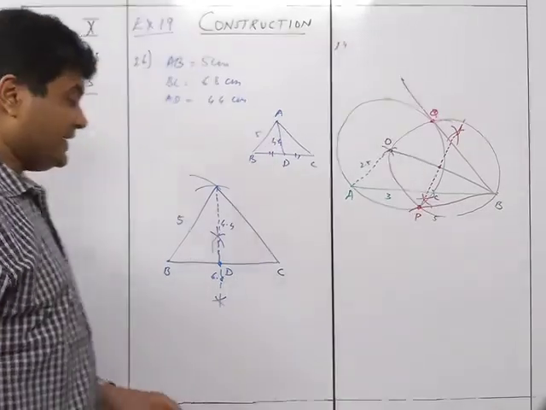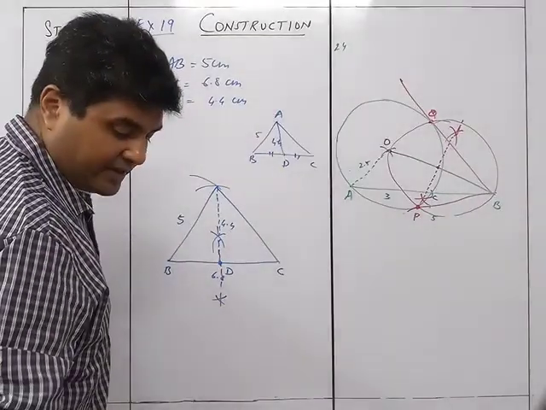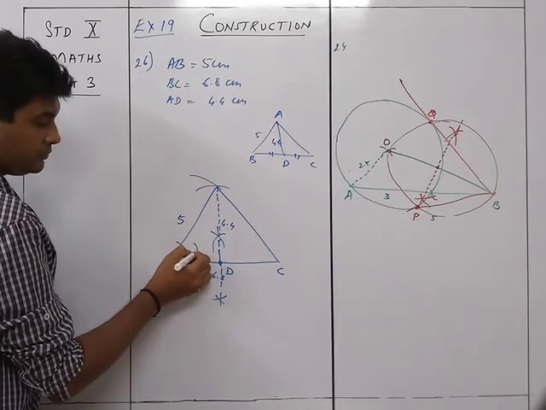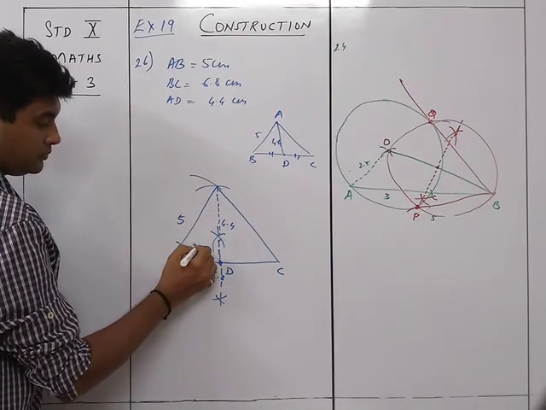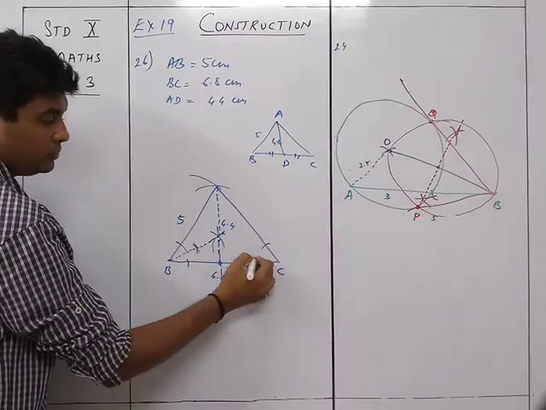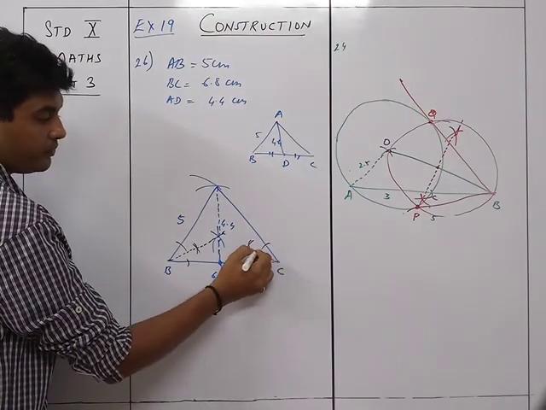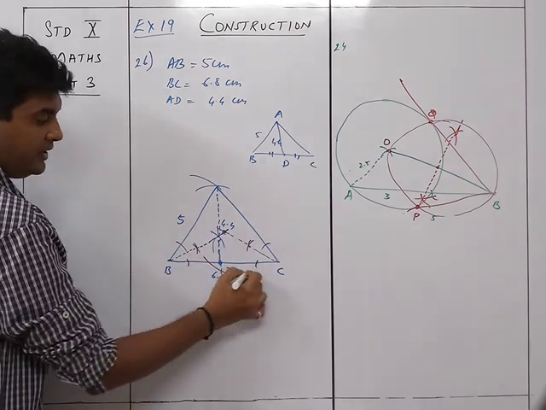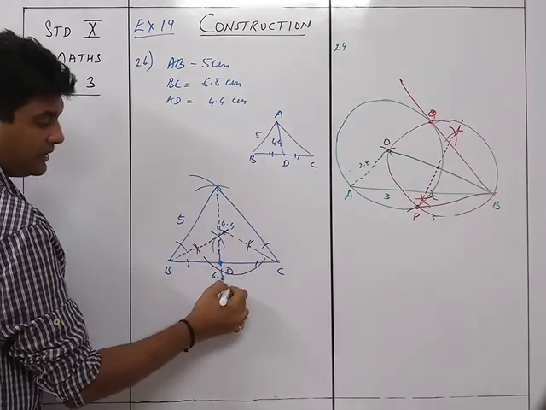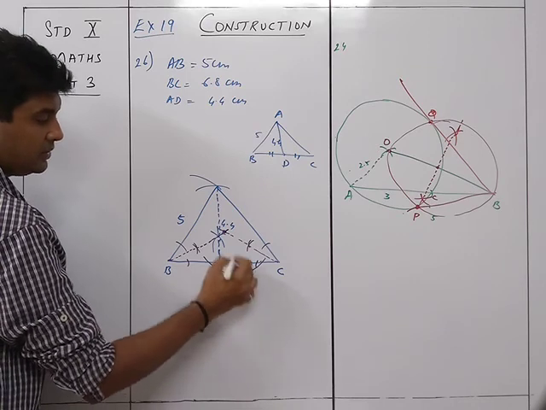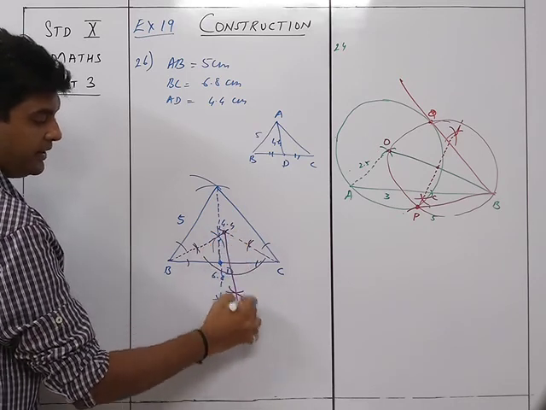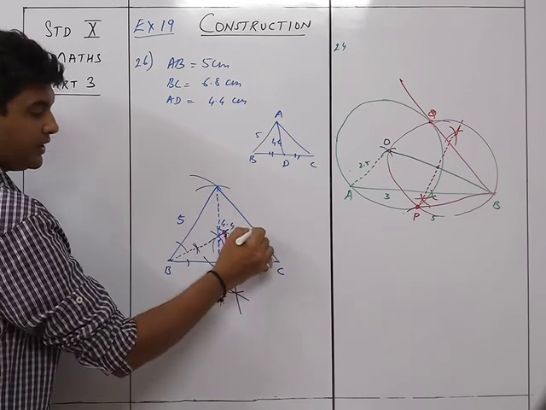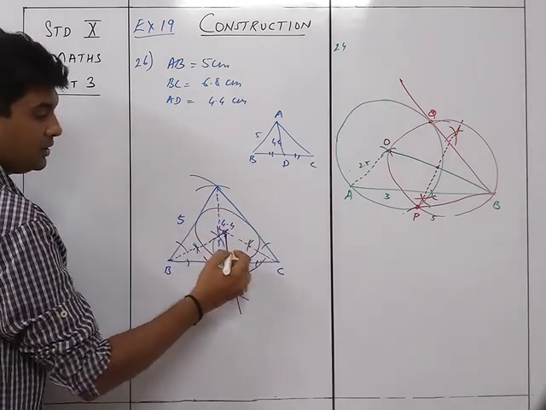Now you need to draw the incircle of this triangle. So to draw the incircle, you are going to draw the angle bisectors of two angles. 1, 2. So meeting at this point, from this point you take a perpendicular, and from here cut arcs like this to give you the required radius up to this point. This is the required incircle.